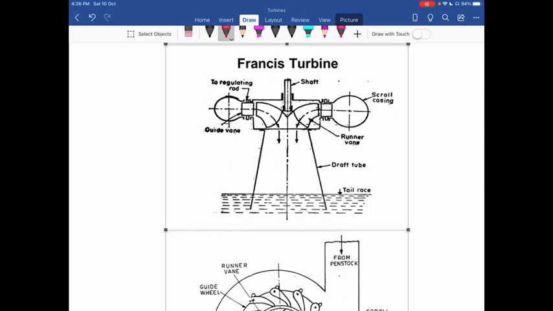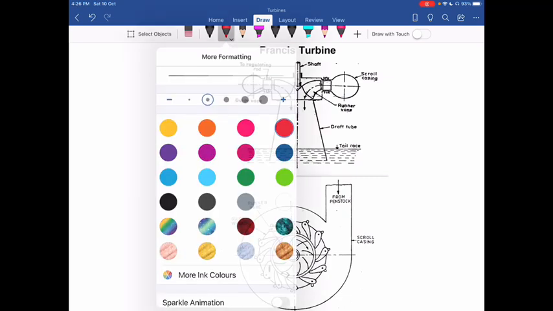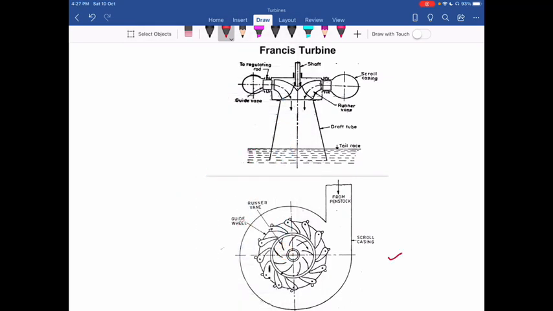So you can see this diagram. Now here I have two views for this Francis turbine. Okay, now this is the same diagram as I showed you at the top. Okay, now here you can see in this diagram